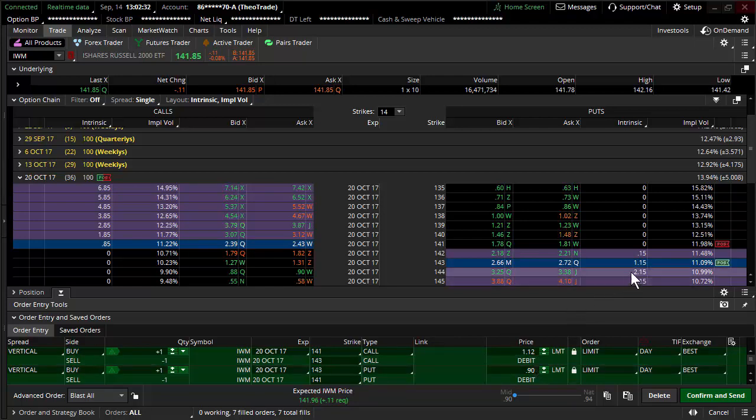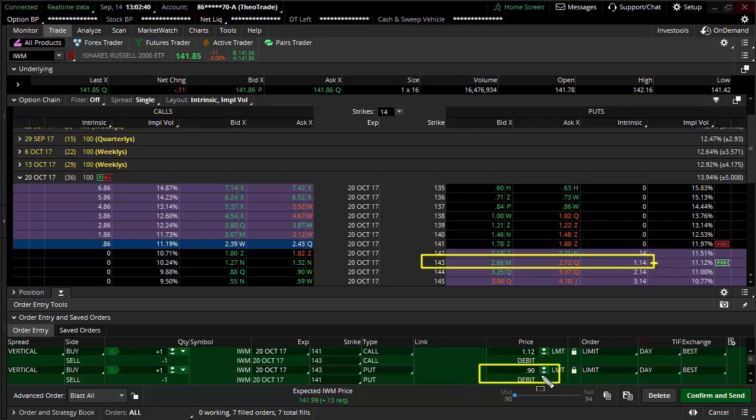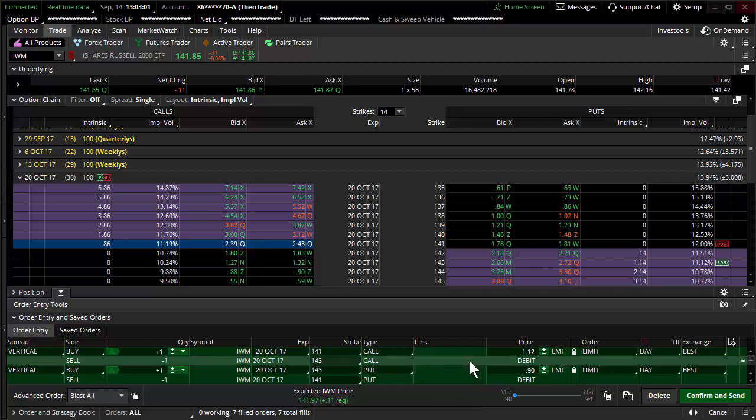Yes, but if you look at the intrinsic or real value of the 143 puts, the 143 puts are trading for almost $1.15. Those puts are almost $1.14 in the money, and yet you can buy the whole spread for 90 cents. What's going on here? Why is the put spread upwards of 20% less? And this stuff really adds up. If you go out and just blindly start buying bullish trades, you don't realize that the marketplace is getting an edge over you. Why does this occur? It has to do with skew.